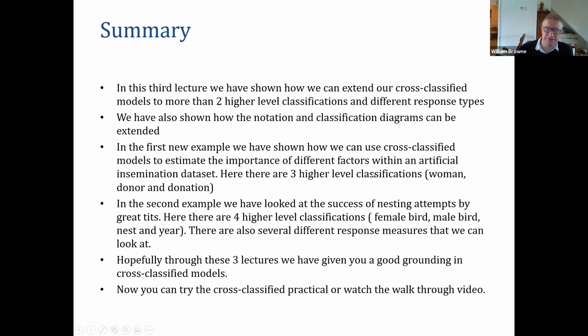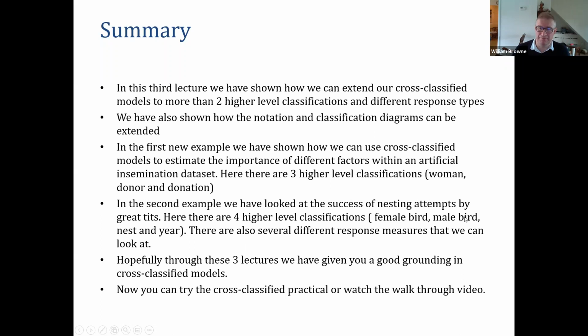We saw 2 examples. The first example, we were looking at how different factors within an artificial insemination data set, and we saw that women were more important than the donor and the donation in terms of whether the attempt would be successful. And we've seen in our second example, lots of predictors related to nesting attempts, and we've shown how we can partition and get biologically reasonable results, where female birds are the driver on things where females like laying eggs, that the females have more control over, but